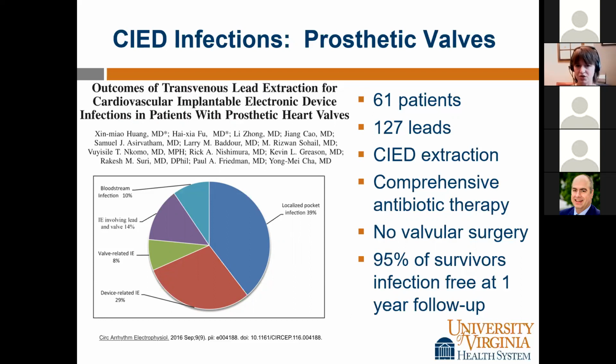So this is outcomes of transvenous lead extraction for device infections in patients with prosthetic heart valves. And so you can see that some of them were localized pocket infection, some of them were device-related endocarditis. The patients clearly had prosthetic valve involvement, but there were 61 patients overall, 127 leads. They extracted the devices and did comprehensive antibiotic therapy, not necessarily long-term suppressive, but they had a full 4 to 6 week course. They did not do valvular surgery, and they found that 95% of the survivors were infection-free at 1 year of